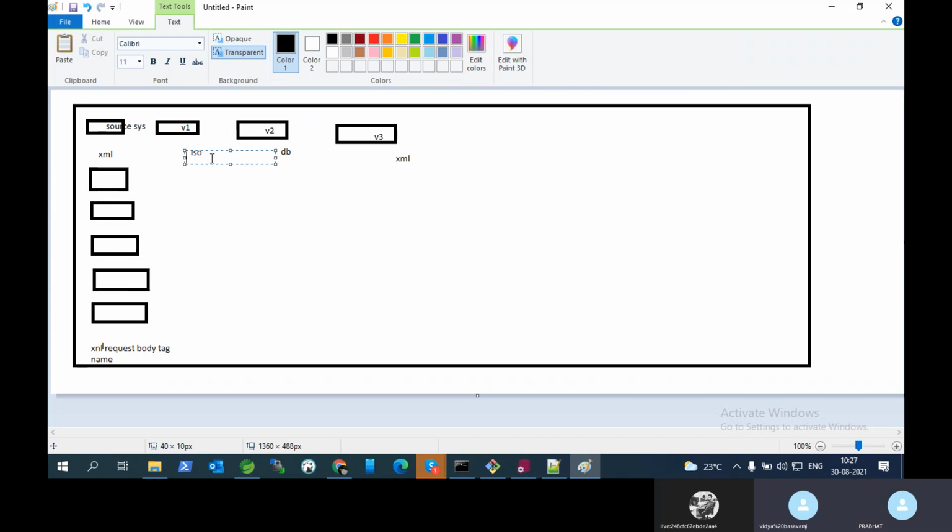We can check this V1: what type is it, what is the protocol for this one? If it is ISO, we can display the ISO fields. If it is XML, we know it is an XML system. If it is DB, we know it is a DB system.